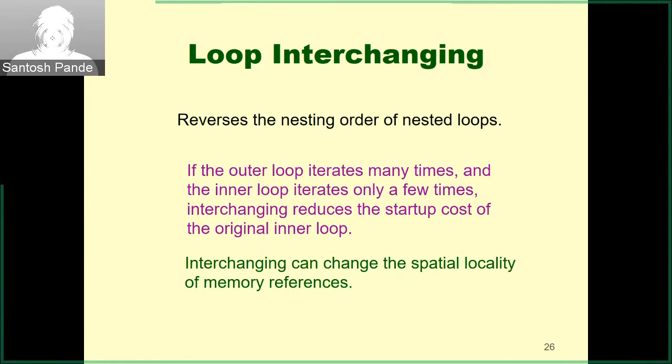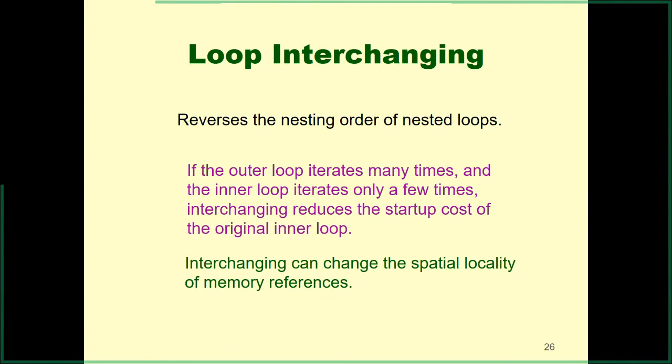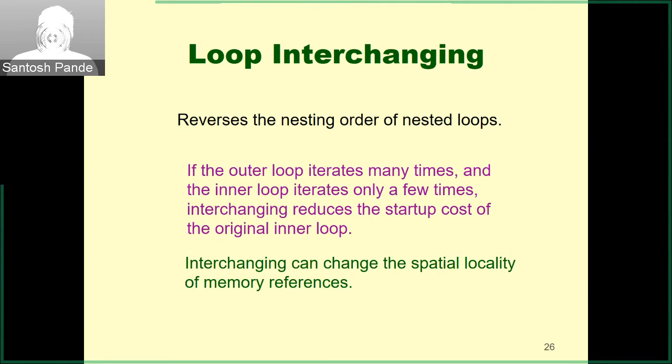This is the most important final transformation, which we'll focus on as the last transformation. It's called loop interchanging, and it really has a lot of implications. As I was mentioning earlier, the main reason for interchanging is that we are able to use the spatial locality in a better way. It's a simple example. Let's consider a doubly nested loop,